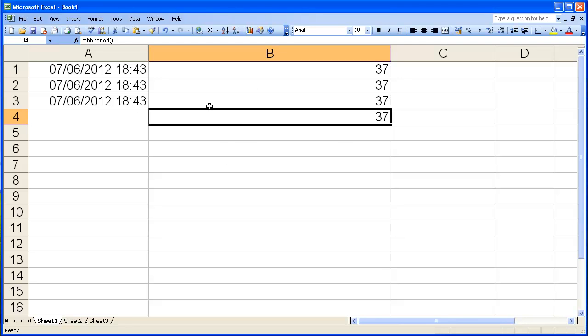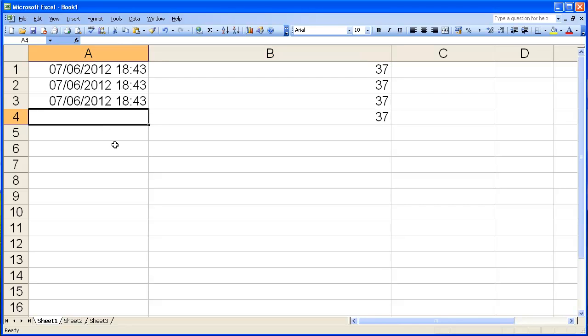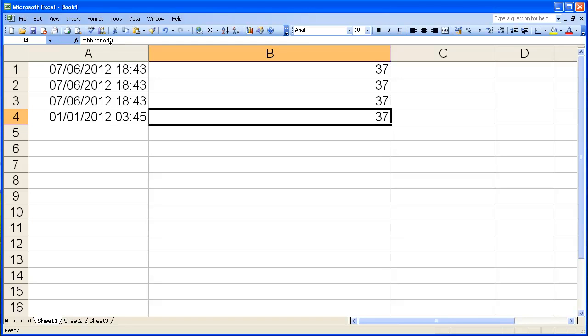So if I wanted to say, let's say 01 2012 and 0345, and I then make that the period, then that happened to be period 8. And that is as simple as